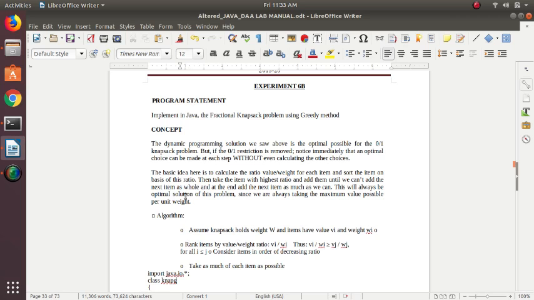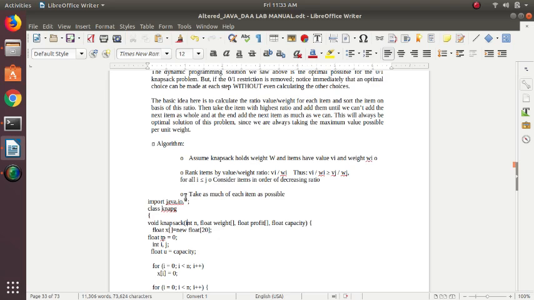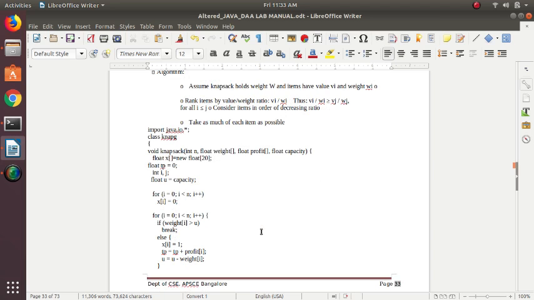In greedy, we are greedy about something, the weight or the profit. Let us see what program we can implement for that. You have the same capacity, weight and profits. The capacity here, as I explained in the theory, you can think of a knapsack as a bag. The capacity says how many objects this bag can hold. That's the meaning of capacity.